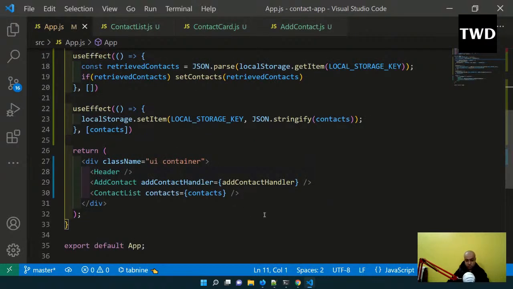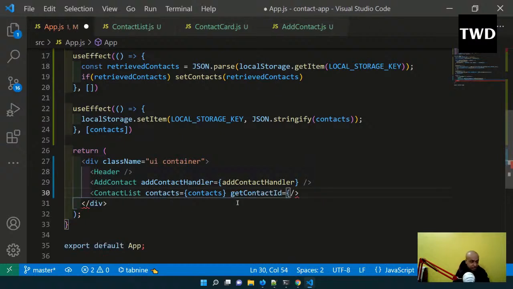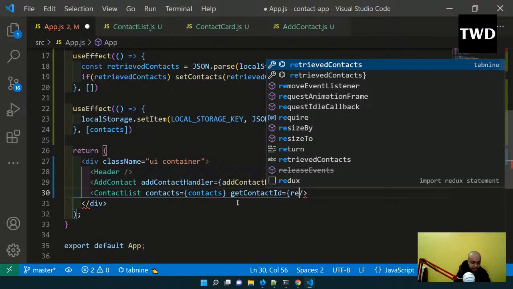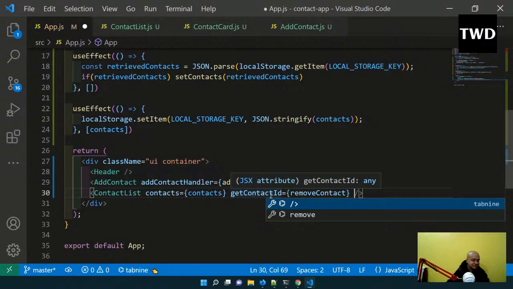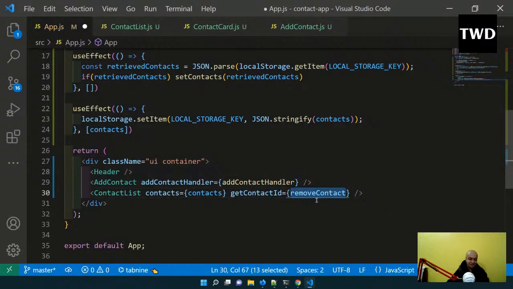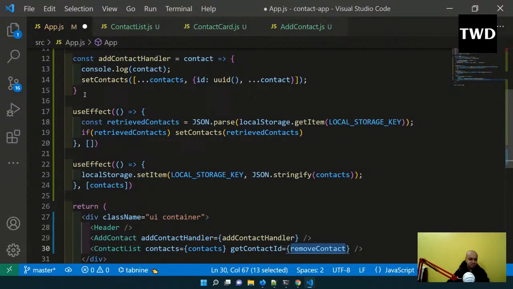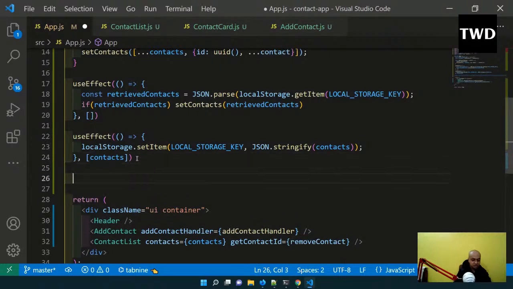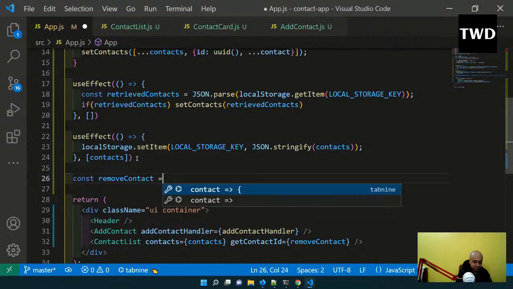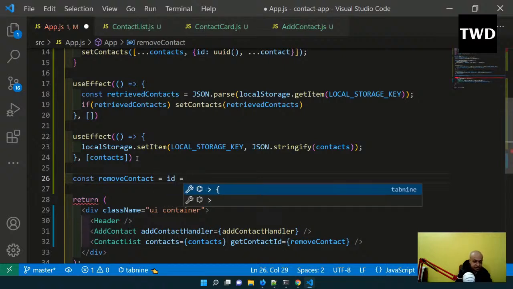contact list. So in contact list I'm getting the getContactId equal to, I can give a different name also, so I will give a different name, removeContact I will give. So a lot of different names I have taken. So removeContact I will give, and come here, let me make it here itself. Why go so big? const removeContact equal to id, and then